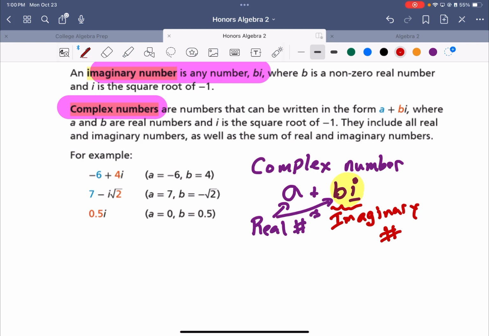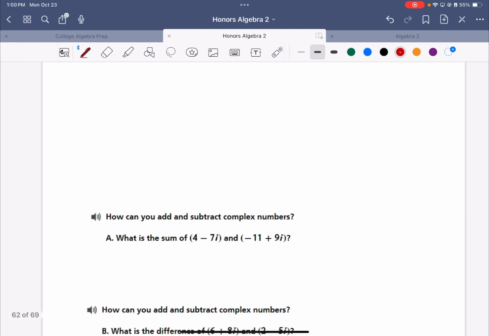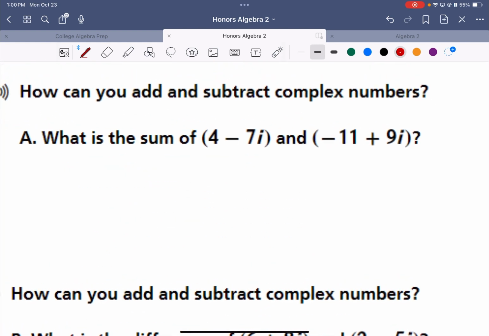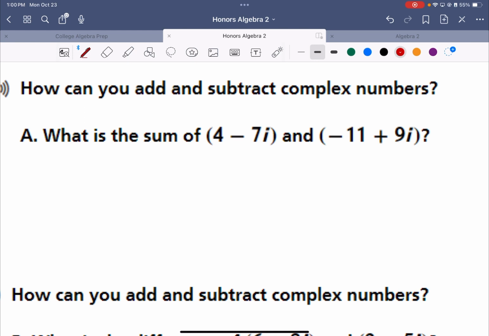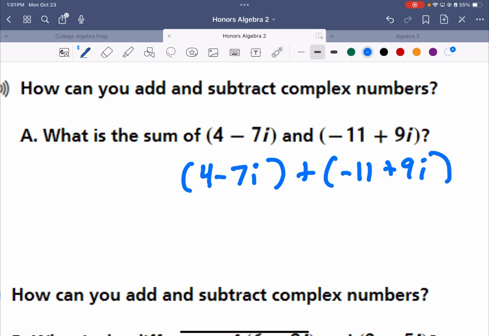So we want to be able to add, subtract, multiply, and divide complex numbers and imaginary numbers. The next thing that we're going to look at is, what if we want to find the sum of two complex numbers? So don't write it like that. Sum means to add. So if I want to take 4 minus 7i plus negative 11 plus 9i, if I want to take these two complex numbers and add them together,